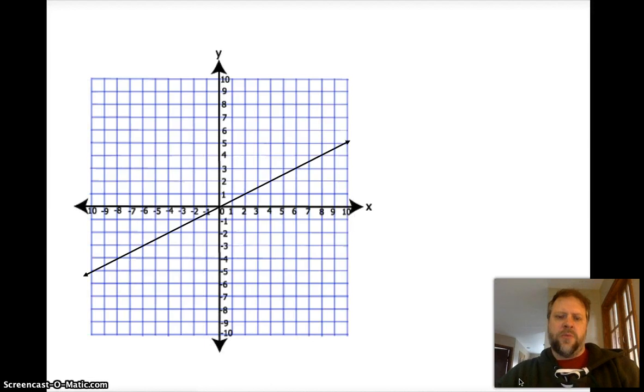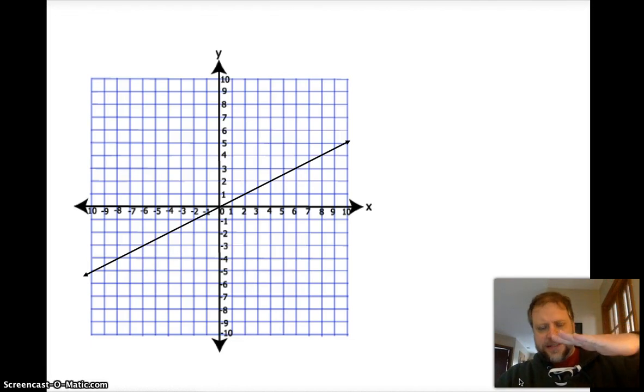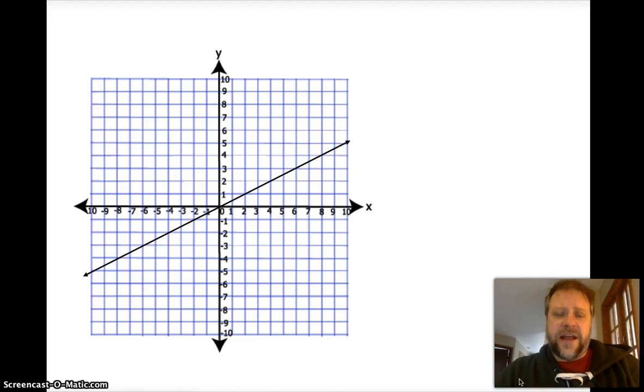Here's another line. This one's going to be a little bit more tricky. And I haven't given you a lot like this. I've given you some where you found it in decimal form. And decimal forms are okay. Decimal forms mean that the slope is less than 1. It's a really shallow slope. And this looks like a pretty shallow slope. But in a lot of cases, we actually want to leave it as a fraction